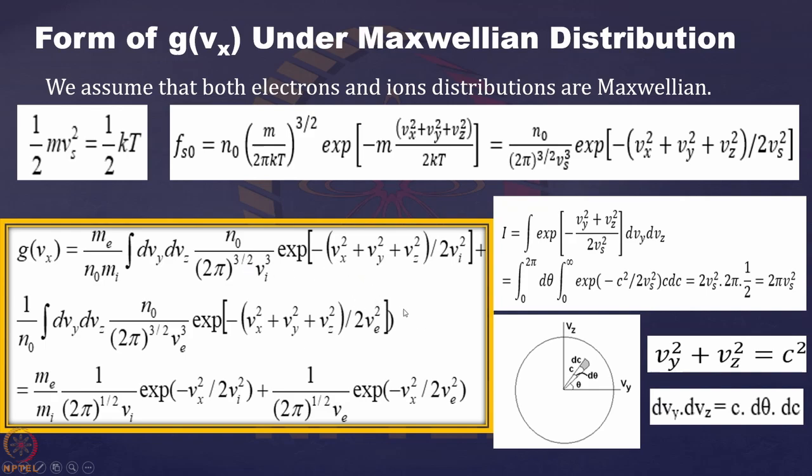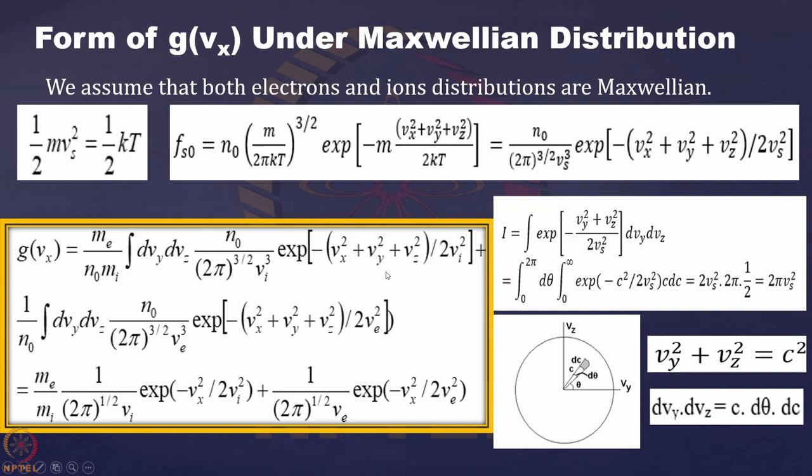But right now we are stuck on this expression, how to integrate this one. Now as I told you, it will be integrated over dvy dvz. Now you are in a very clear situation of how you can integrate over vy and vz, and the expression will be in terms of vx. Earlier you were a bit confused about how this is coming in terms of vx. Now you see that I told you it will be integrated over dvy and dvz, and the resultant expression will be left in terms of vx square only.